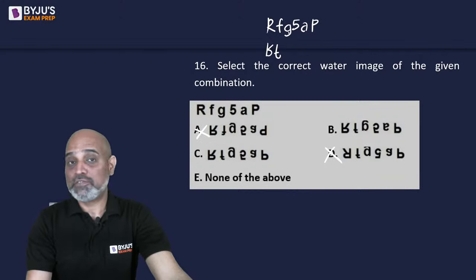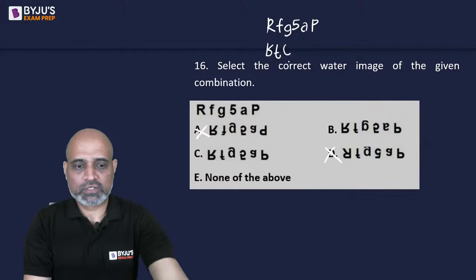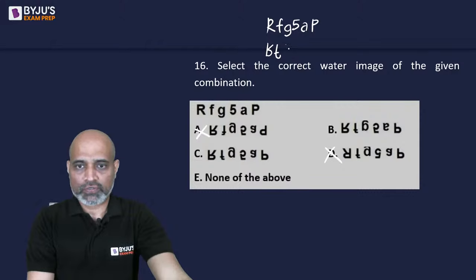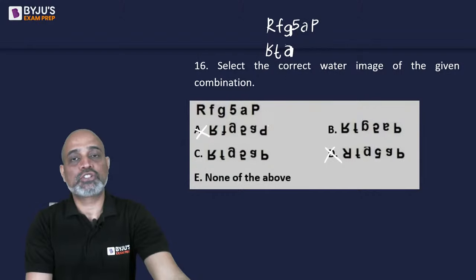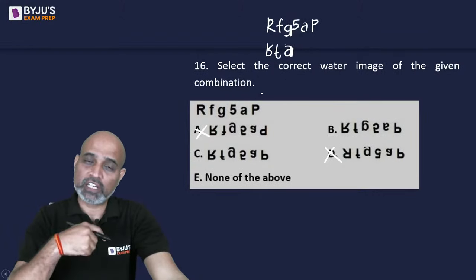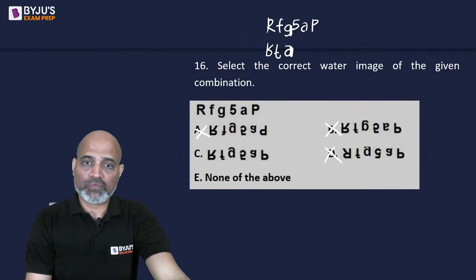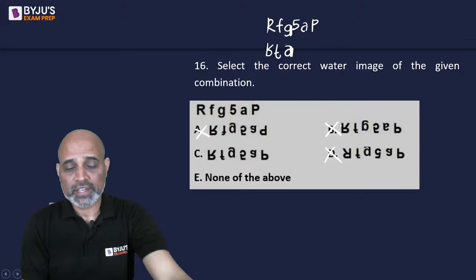So mirror image of G, which is more like a 9, is going to look like more like an inverted 9, mirror image wala. So we are going to have ये. See, this is the line which is the backbone of G. So that is exactly the line that you are supposed to have. So the small letter g, actually its mirror image looks like an A, right? So B नहीं हो सकता. A और g एक दूसरे का मिरर इमेज होता है लोअर केस में, ठीक है।